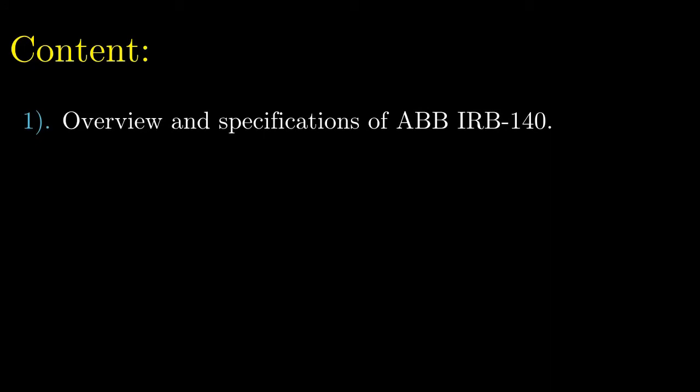In this video, I am going to show how to represent the kinematic behavior of the ABB robot, specifically the IRB 140 robot, through multiple equations that allow us to find the instantaneous position and orientation of each articulating body of this arm. So, I start by giving a short description about this system, with some specifications and geometrical features.